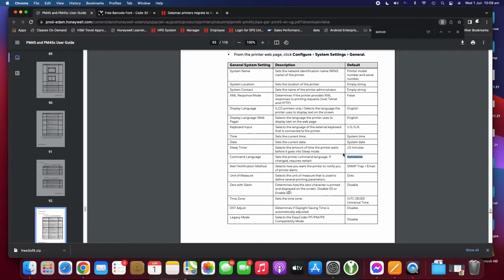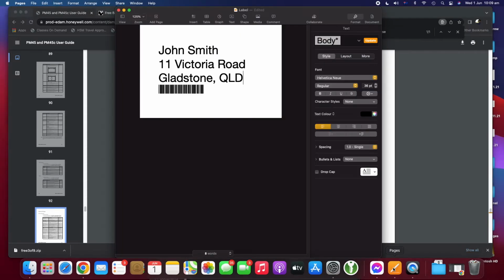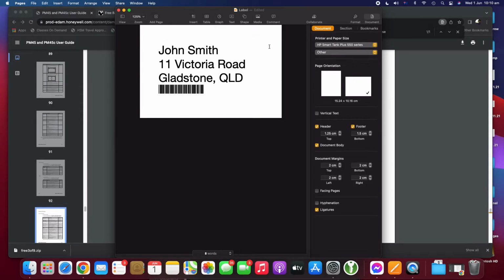If you change the command language through the LCD display or through the printer web page, you need to reboot the printer for that command to take effect. So in terms of printing a label through the Mac, you can use an application like Pages to do that for you. So you just need to format the page. So setting up the format of the page size is inside Document, and then you're going to select your Honeywell printer,